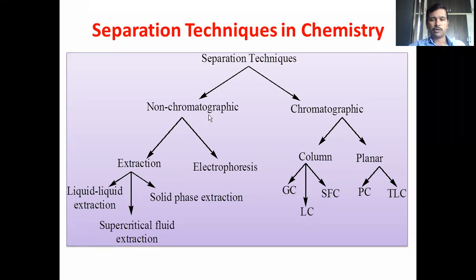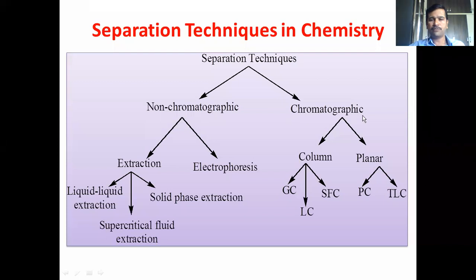In contrast to these non-chromatographic techniques, chromatographic techniques are widely popular, because in chromatographic techniques, whatever the type of components present, irrespective of their physical states, we can subject them to separation. So if the sample is present in the solid state, we can convert that into liquid state by dissolving in a suitable solvent. Or if the sample is present in the liquid state, that will be directly injected into the chromatographic column. And whatever chemical components are present in the sample, they can be easily separated by this chromatographic technique. Here, two important phases are used.